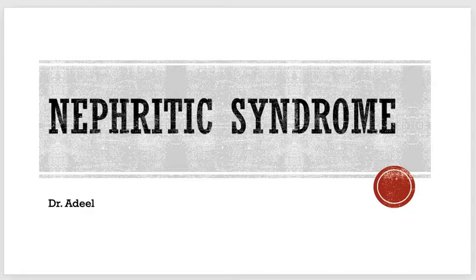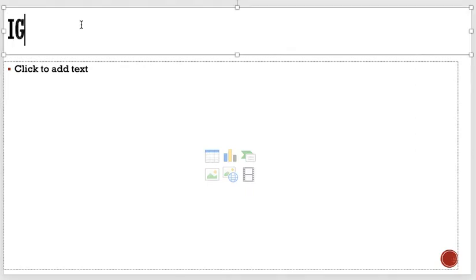So today we are going to discuss a few of the conditions which can result in nephritic syndrome. Again, I would like to start my story with the first step: whenever we see these clinical signs, we go for the renal biopsy, and on the renal biopsy we come to know what type of nephritic or nephrotic syndrome it is. So first of all, what we are going to discuss today is IgA nephropathy. Okay,